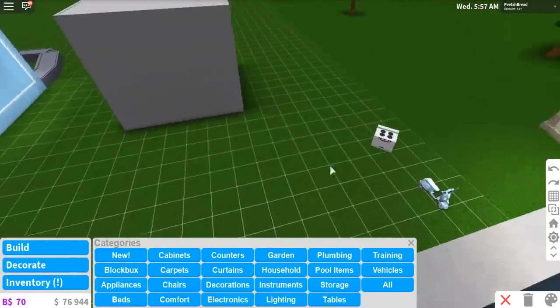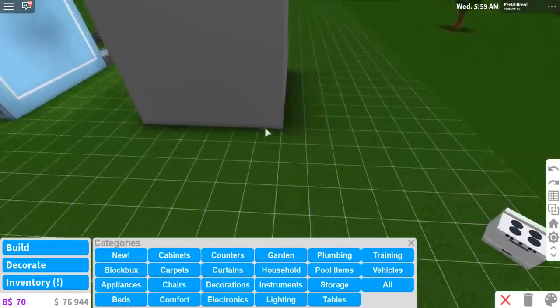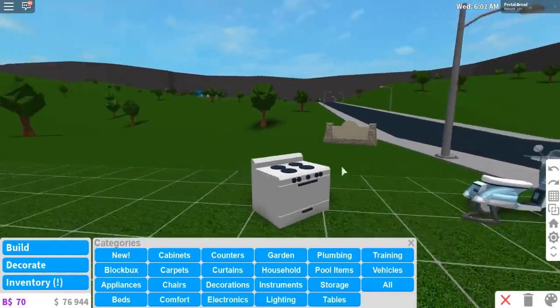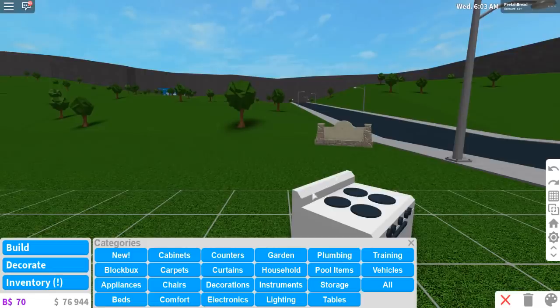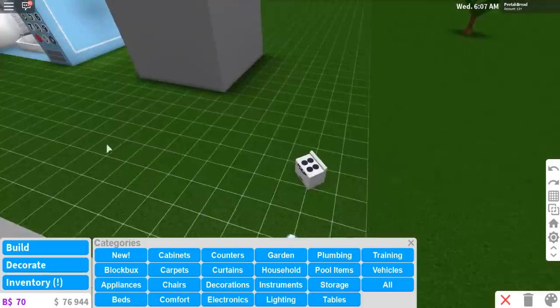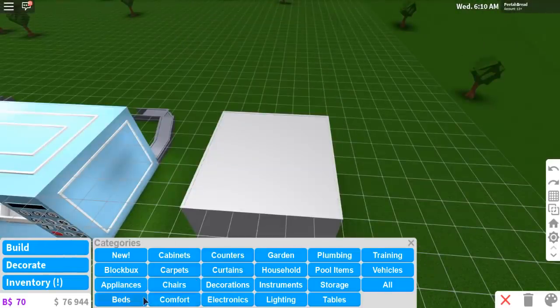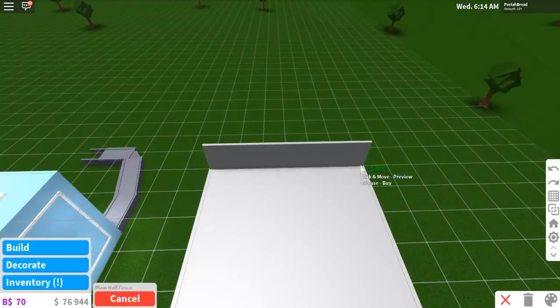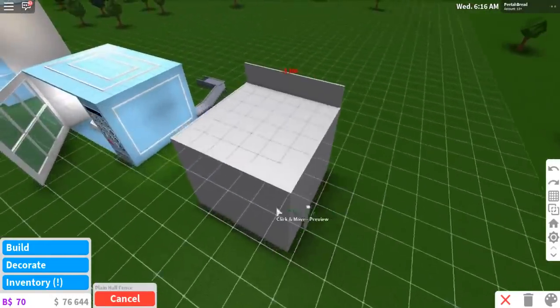All right, so we have the general shape of our stove, our oven thing. So we have the square going on. Now we need to add this back piece of the stove. I don't know the proper names for these things, and that's easy to do as well. We're just gonna use a fence. We're just gonna put it like this. Oh my god, that actually looks really